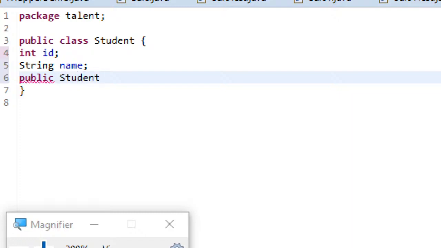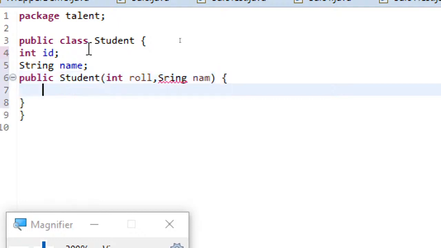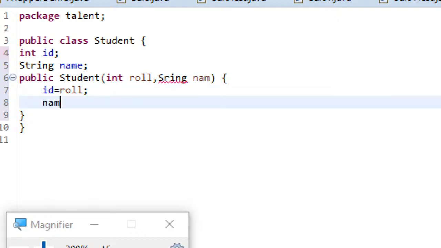So I'm creating a public constructor with int role and String name. Then id will be equal to the role which I pass at the time of object creation, and name will have the value name which I pass at the time of object creation.